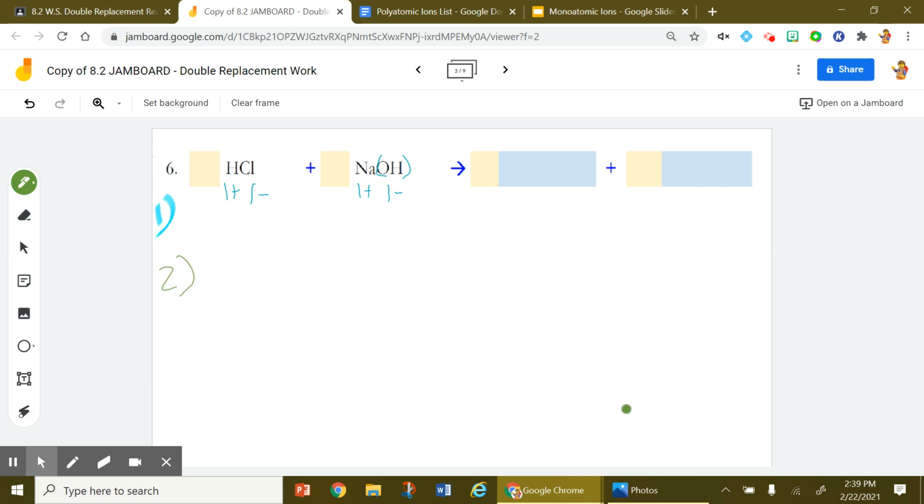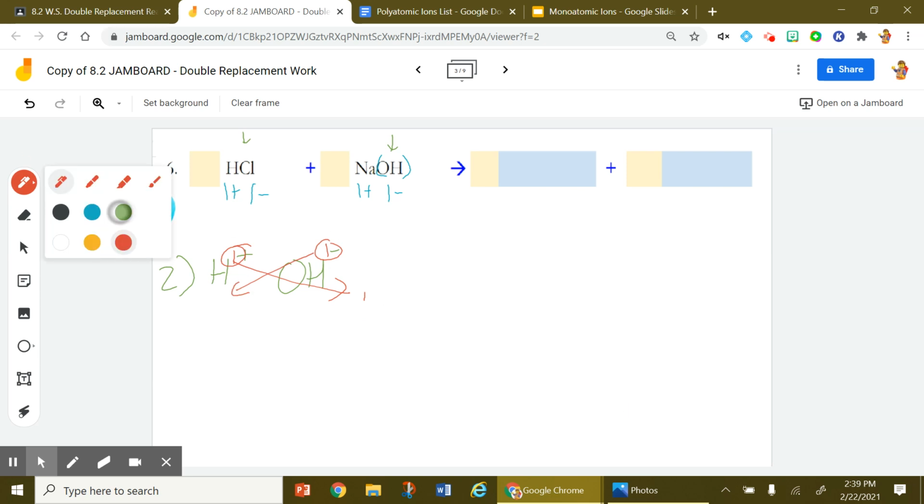We've found the charges of the ions involved. Second step, we got to combine the positive ion from this first reactant with the negative ion from the second reactant. So we got the H, which is positive, and the OH, which is negative, and then we crisscross them. H is 1 plus, so we're going to have 1 hydroxide. Hydroxide is 1 minus, so we're going to have 1 H. The formula is